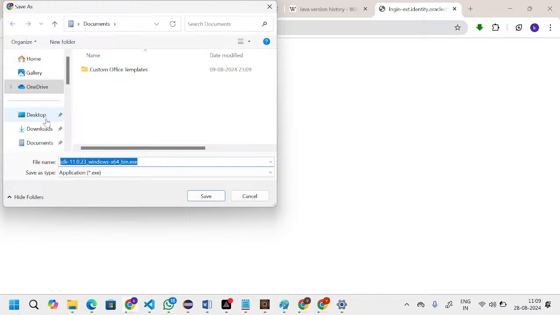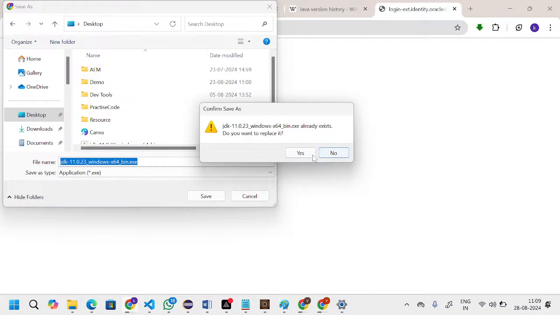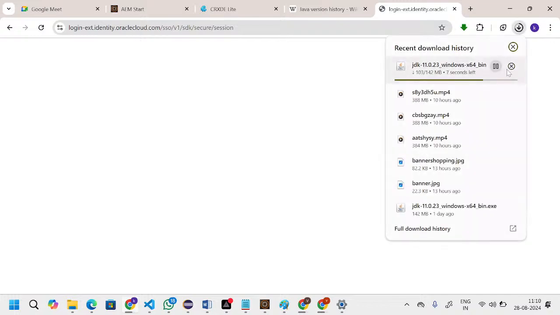Okay, so I'm selecting the desktop, and then I'm clicking on it. So it already exists, which is already available. And then once the download is completed,